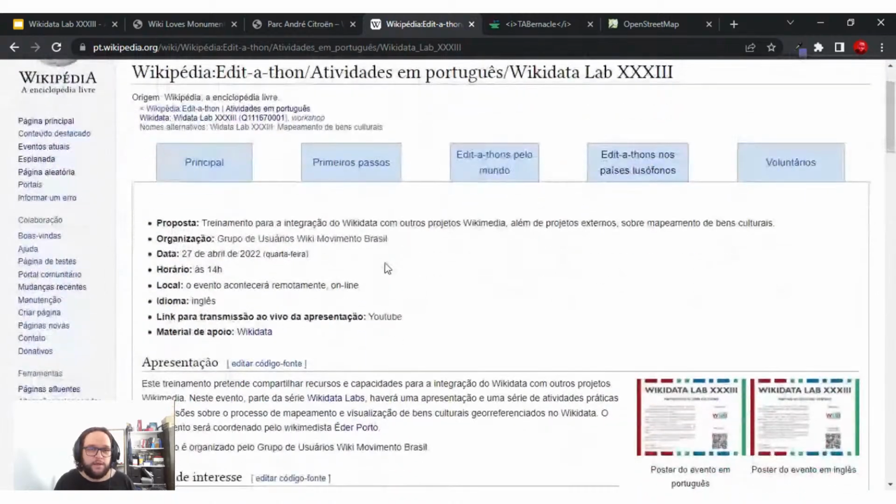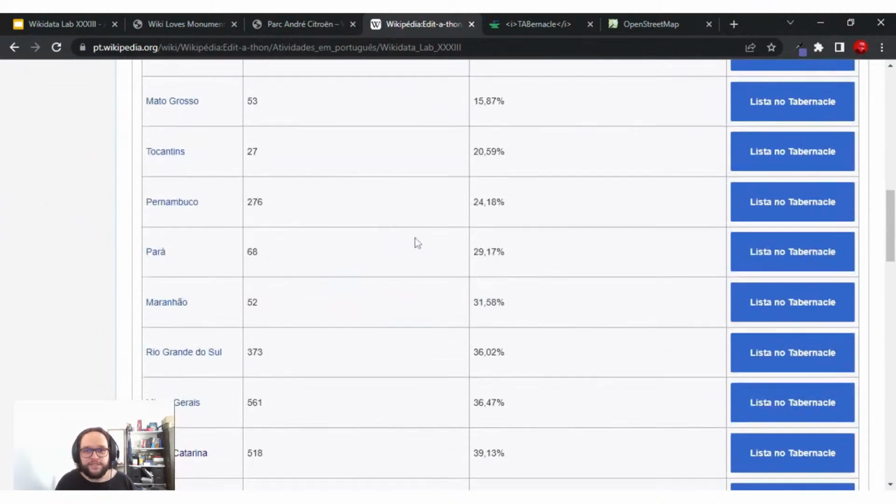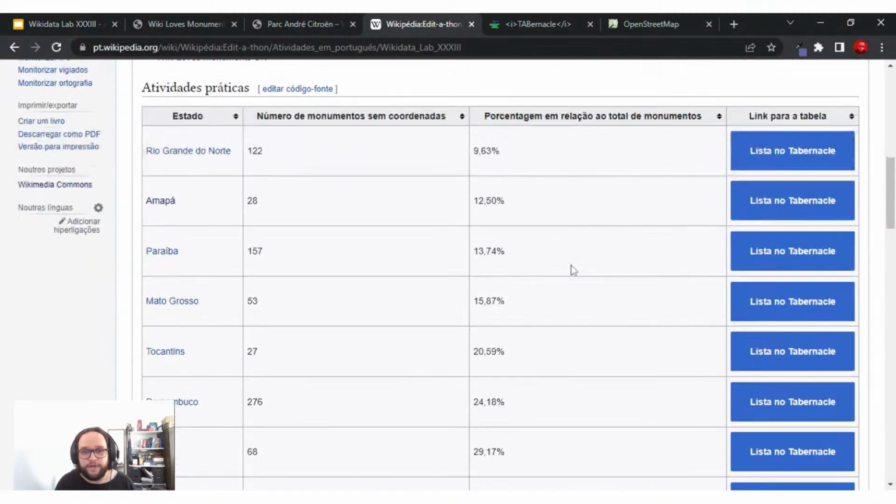Here's the event page, and we have practical activities in Portuguese, and we have the name of the states, the number of monuments without coordinates,